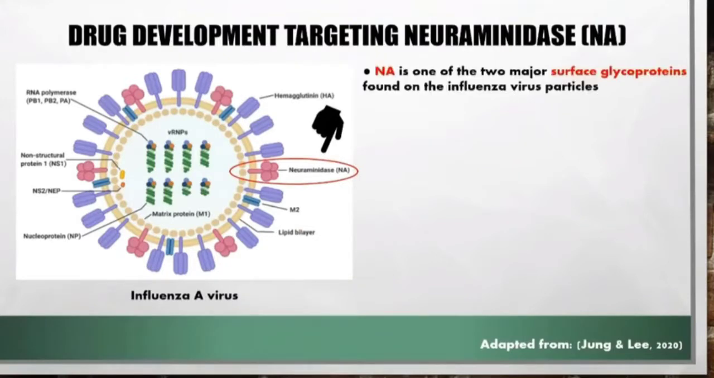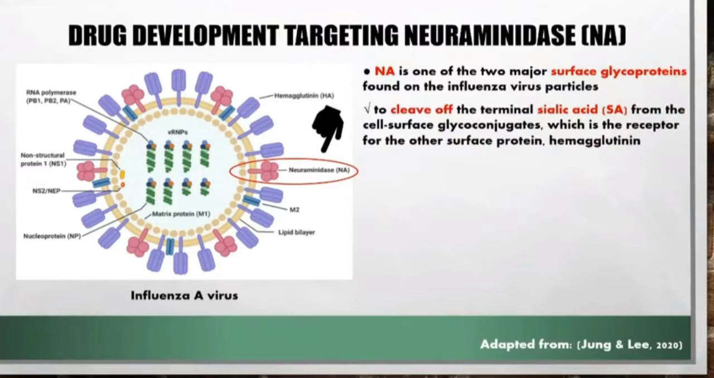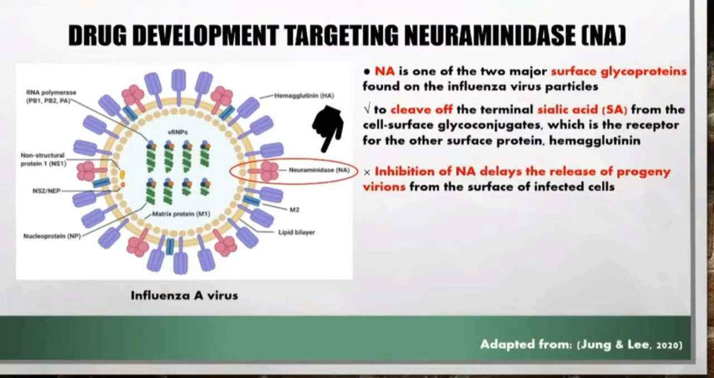For your information, neuraminidase is one of the two major surface glycoproteins found on the influenza virus particles. Its function is to cleave off the terminal sialic acid from the cell surface glycoconjugates, which is the receptor for the other surface protein, hemagglutinin. It is known that inhibition of neuraminidase can effectively delay the release of progeny virions from the surface of infected